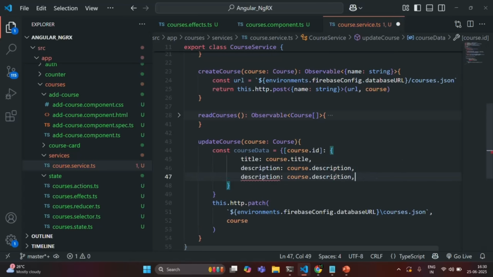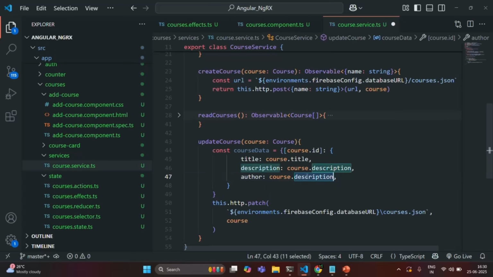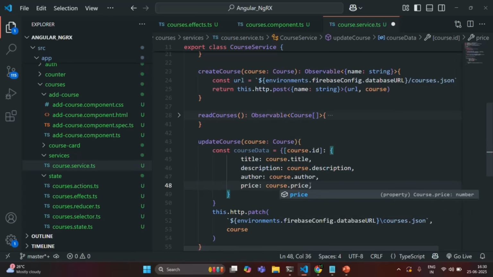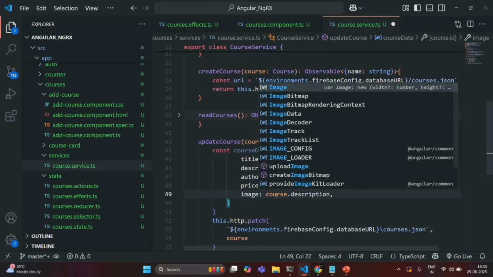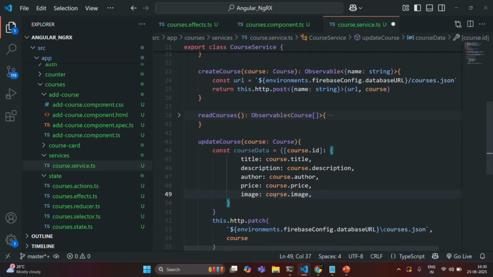Here we are going to specify the author property, which is going to be of type course.author. We are going to specify the price property, which is going to be of type course.price. So we are assigning the price value of the course to this price property. And finally, here I'll also have the image property, and that I'll assign with image property value of this course